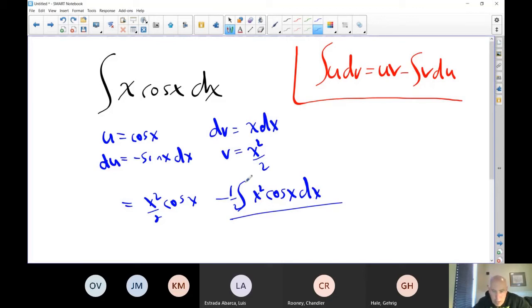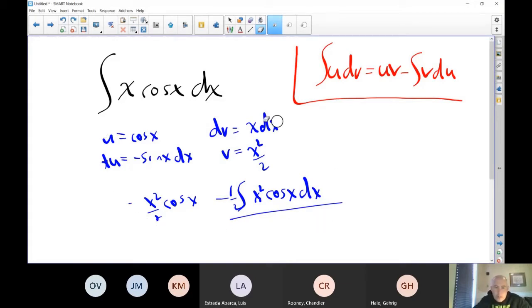And you say, how do you know? Look at the integral that I've got now compared to the integral that I had to begin with. You say, well, why is it worse? In the beginning, it was just x cos x dx. Now it's x squared cos x dx. So this integral is more complicated than what I even started with. So that is a clear indicator to get the eraser out and scrap that plan. That's not a good choice for your substitution. We're going to switch that,